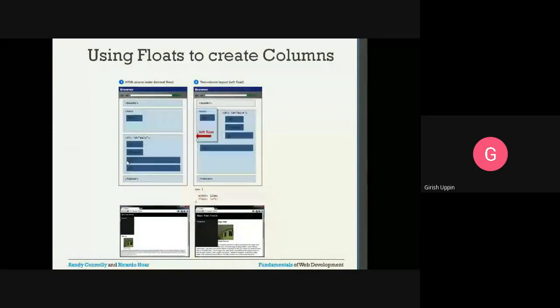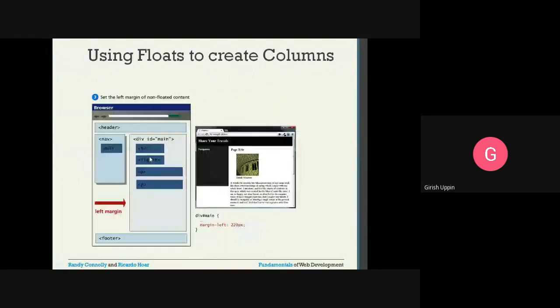So for this div block, if you set the left margin, then it will be shown with that much left margin. That is what has been done here. So this div has a left margin set, and the navigation has the float: left property. You can see div#main, that is the div with the id main, margin-left: 220px. So this much is the 220 pixels, and this one you can see here. This is the actual content that is shown in the web browser.